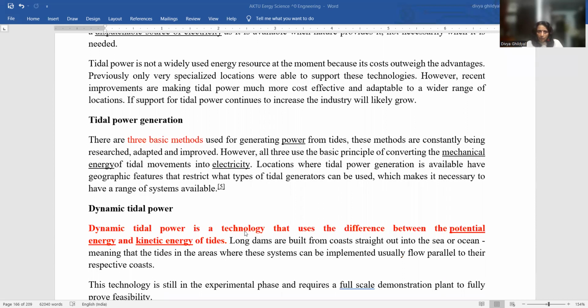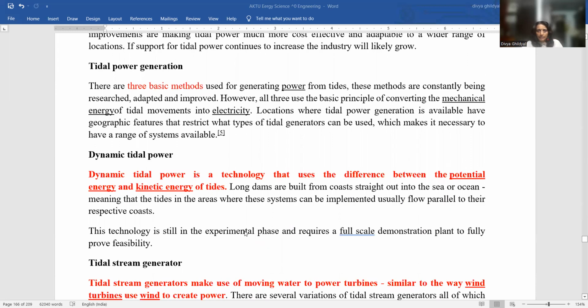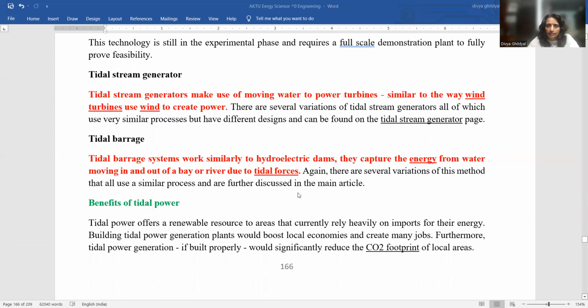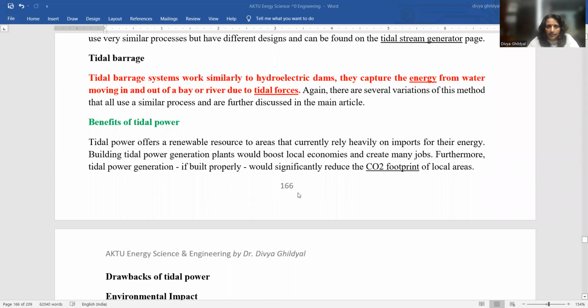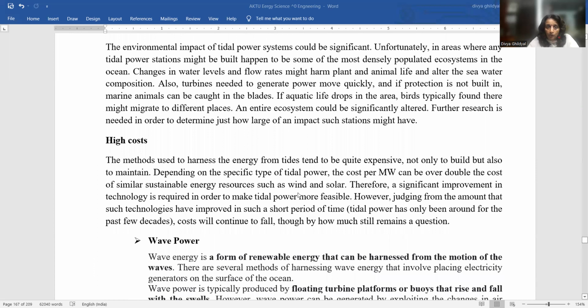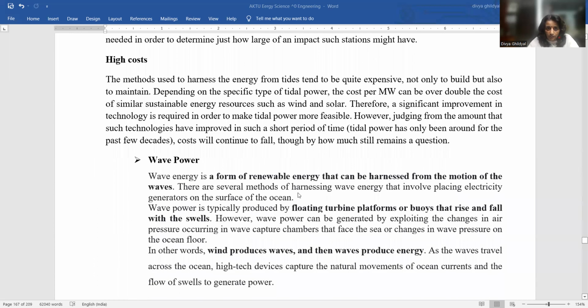The three basic ones are dynamic tidal power, which is a technology that uses the difference between potential energy and kinetic energy. Tidal steam generator makes use of moving water to power turbines. Tidal barrage works similarly to hydroelectric dams. Benefits are, it does not have much environmental impact, but yes, the drawback is that they are very costly. Wave power. I will